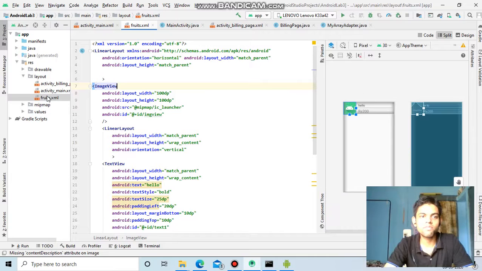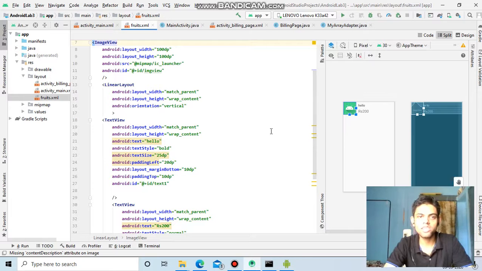In this we have to create a linear layout. In that we'll be adding one image. This is the image where we'll be looking at the elements, and there will be two text boxes. So this whole is one linear layout. In this, these two are horizontal, and this is horizontal, and within this one it is vertical. So this is the design part.